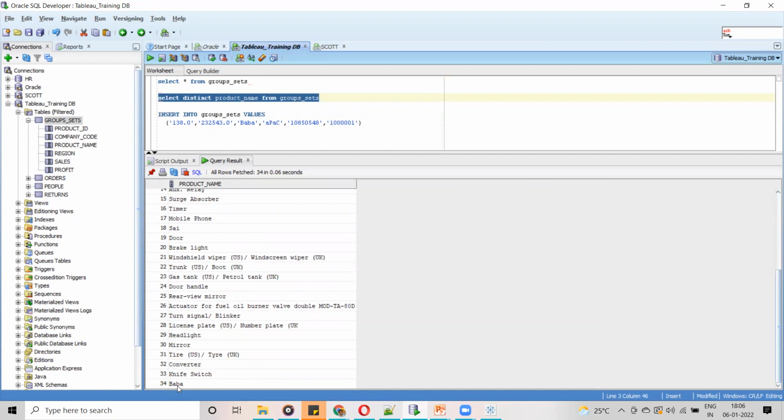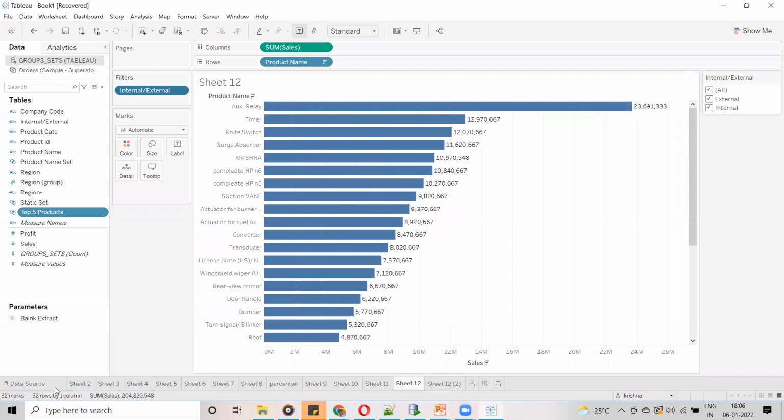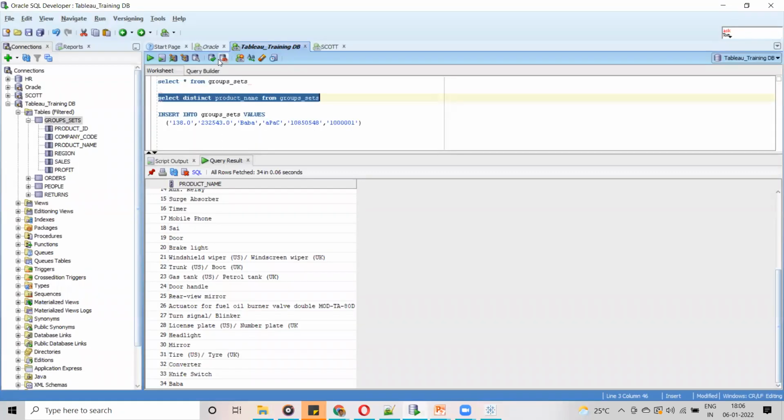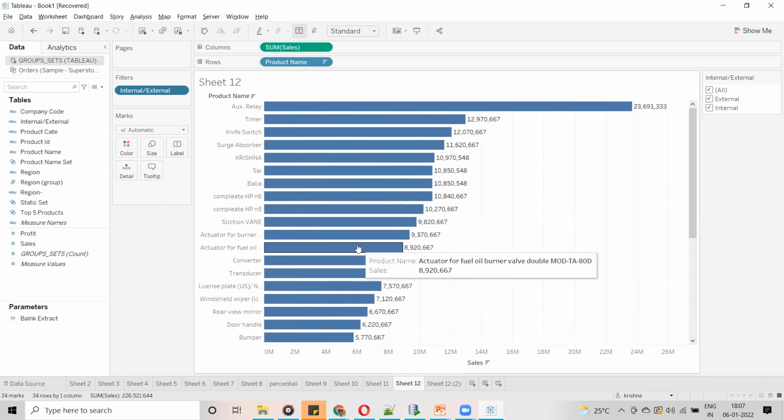Okay, so this is the count you will get in Tableau. Now you can see here, if I select both, it is showing 32. Now I have added 2 rows, so after committing, once I refresh Tableau, it is going to display 34. Now you can see when I refresh, it is displaying 34 rows. Now guys, I have added 2 fields.